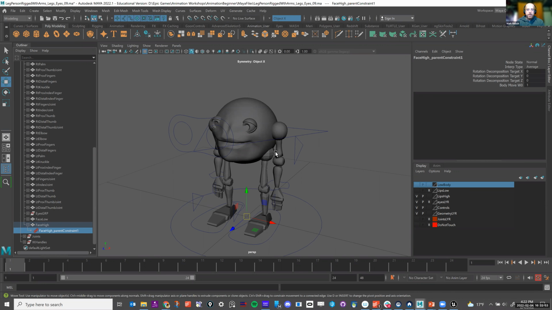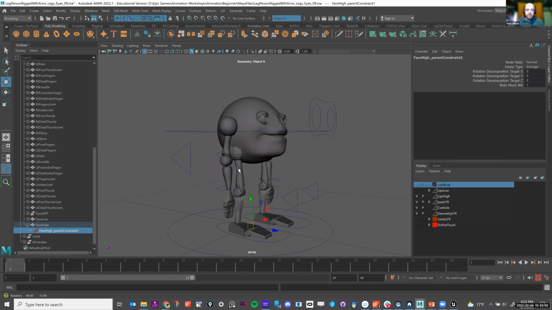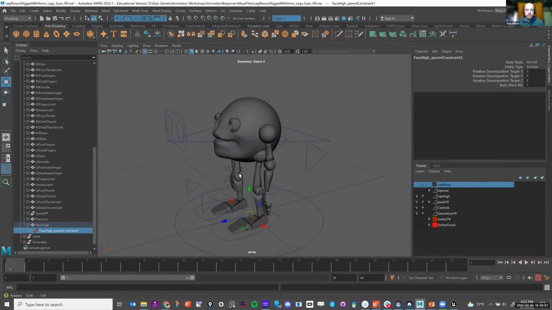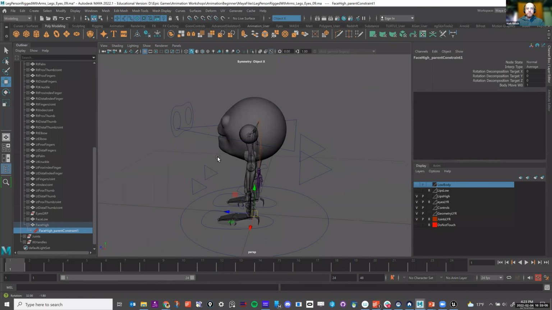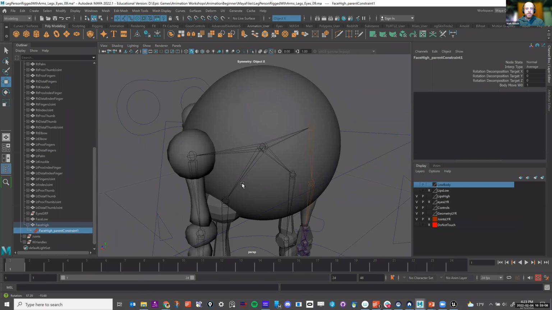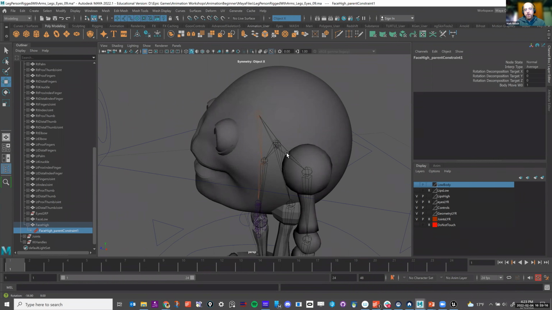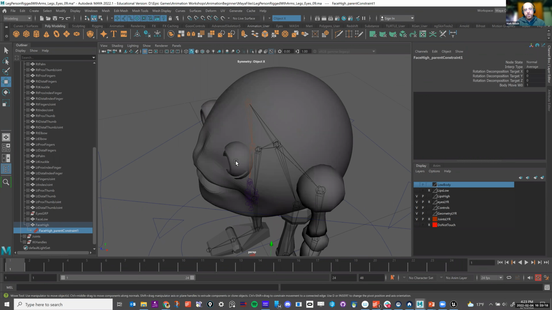What are some other things about this character? That's pretty much it. If I turn on the joints here, you can see that this character doesn't have any eye joints in here.